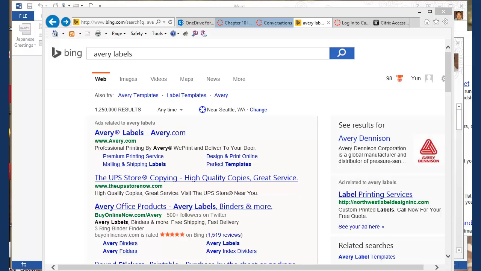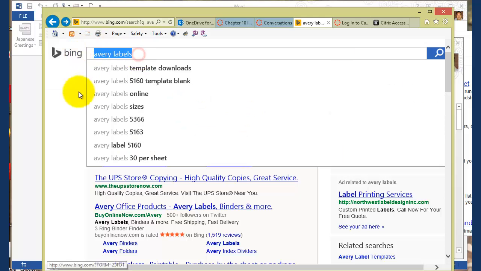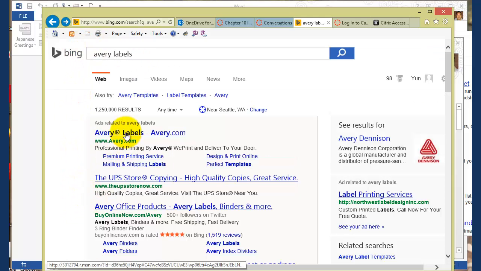In this video, I'm going to demonstrate mail merge, in particular mail merge with mailing labels. So speaking of mailing labels, the textbook shows you using Avery labels. So I just Google it or Bing it, in this case Avery labels here, and then you can go to their website,